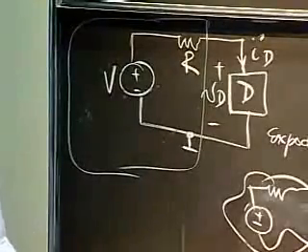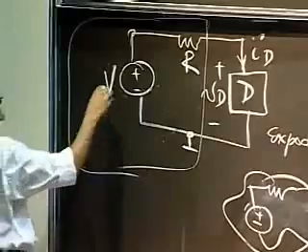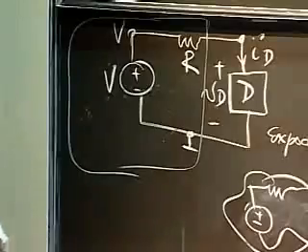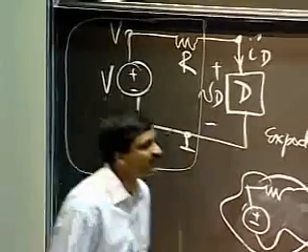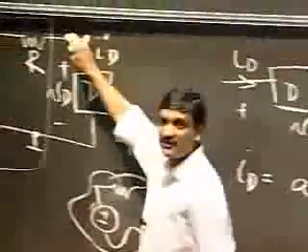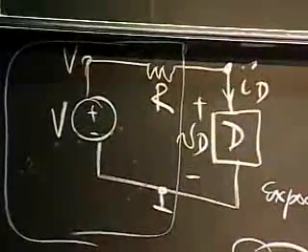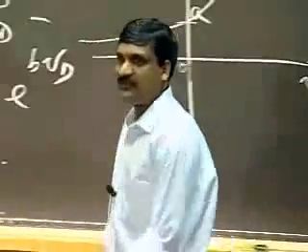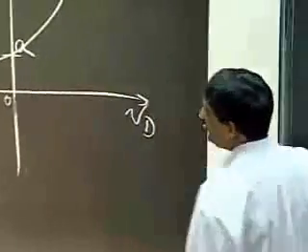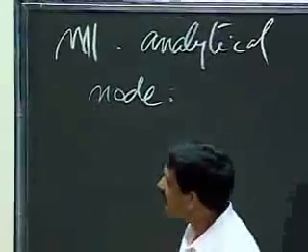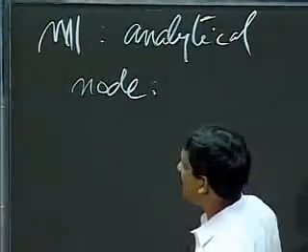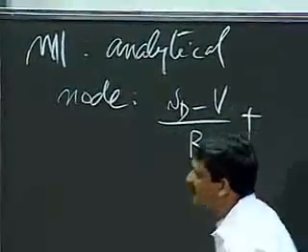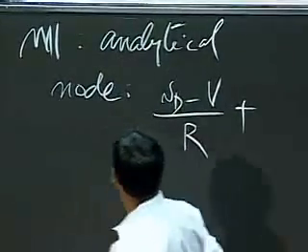Let me label all the nodes with their voltages. So this node has voltage V, and this node has a label V, capital D. Let me go ahead and analyze this using the node method. The node method says, for each of the nodes in the circuit whose voltage is not known, go ahead and write down KCL, implicitly applying the element relationships to replace the current values with the voltage values. So let's start with the current going in that direction. The current going from the VD node through resistor R is (VD minus V) divided by R. That's the current going that way. And the current going down is ID.